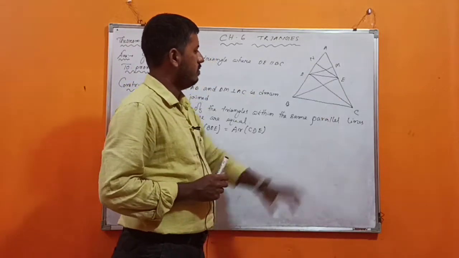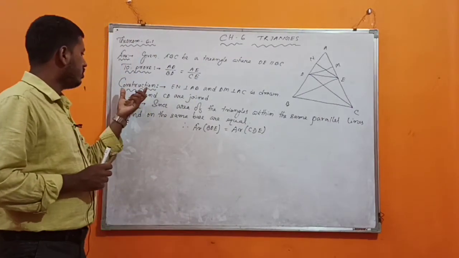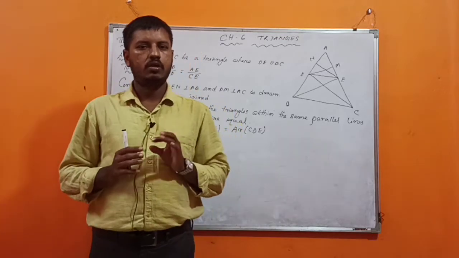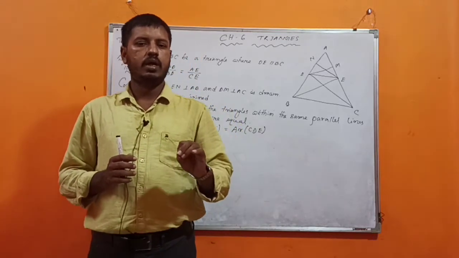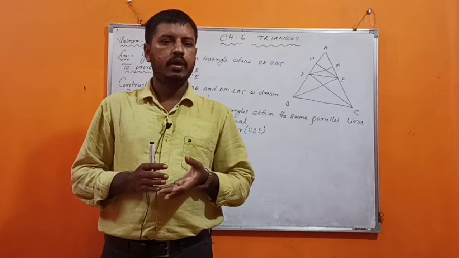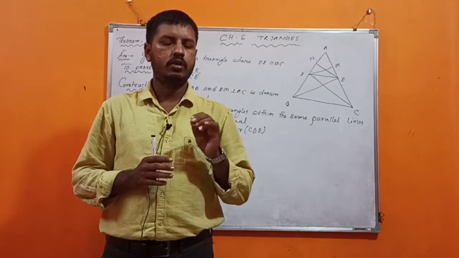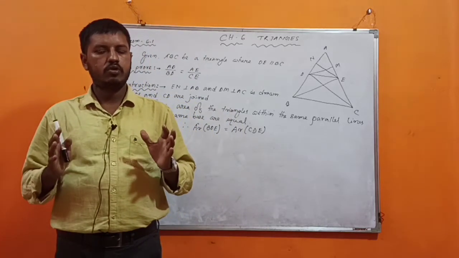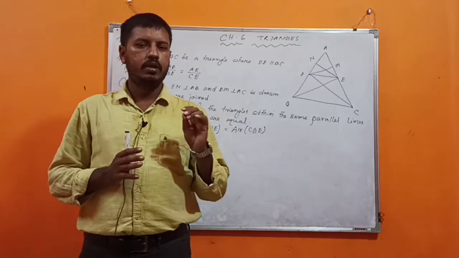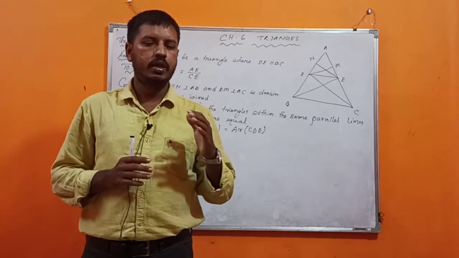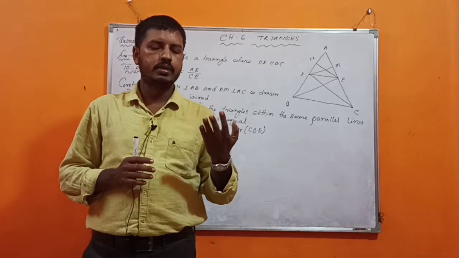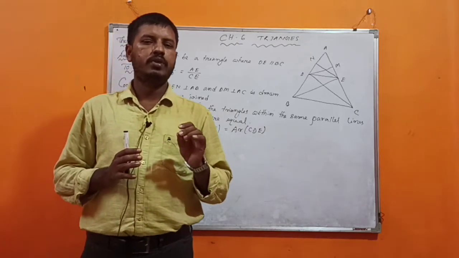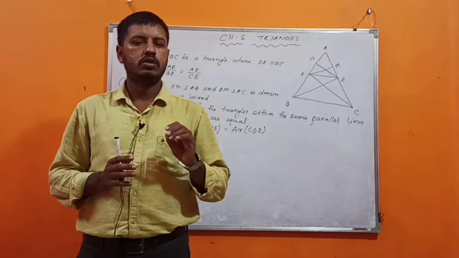Then after that we have to construct a few things in the diagram. The construction is that we have to construct a few things in the diagram which are not given in the question. They are to be constructed for the purpose of proving the theorem, by our own, depending on the ideas we have got in earlier chapters or in earlier classes. We construct a few things for our help so that we can prove the theorem easily. These are the construction part.